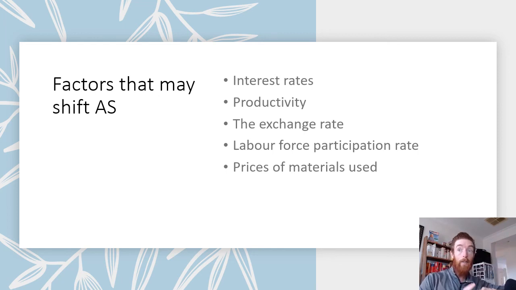And that's it for aggregate supply. So just what you need to know is what aggregate supply is and the things that affect it, or how they affect it. My key tip to really hammer it down again: rather than remembering 8 different things, remember 2 things. Does it affect the cost of production for a business, or does it affect their overall productivity or efficiency? No matter what situation you get, it will relate to one of those 2 things, and then you can talk about if that is going to be favorable or unfavorable for aggregate supply.